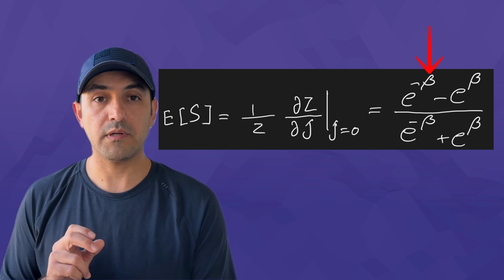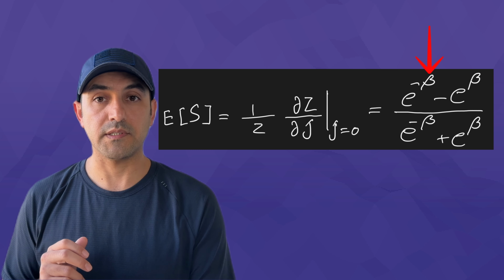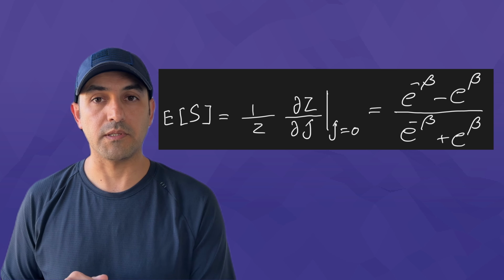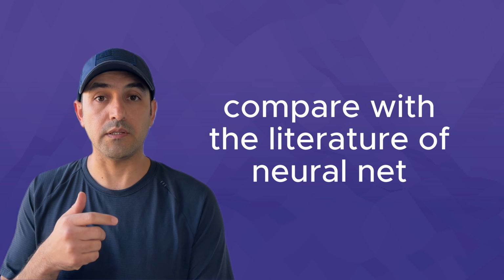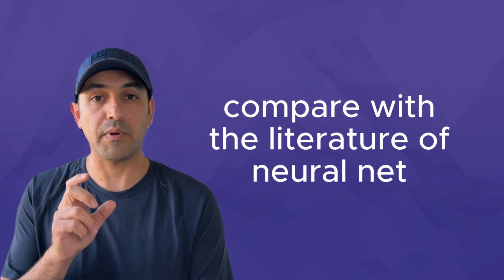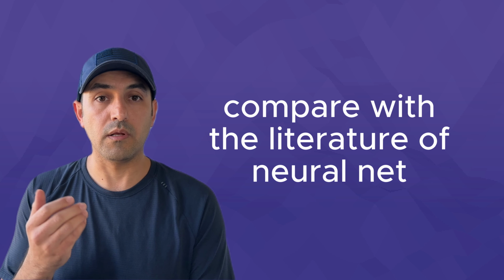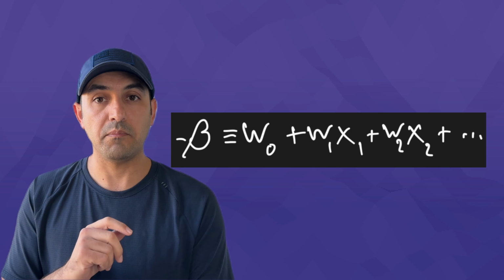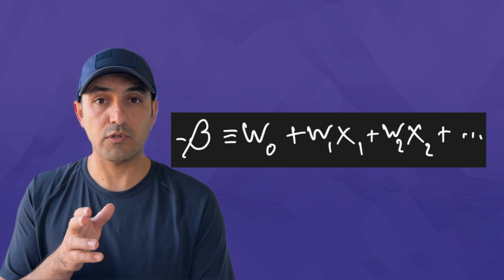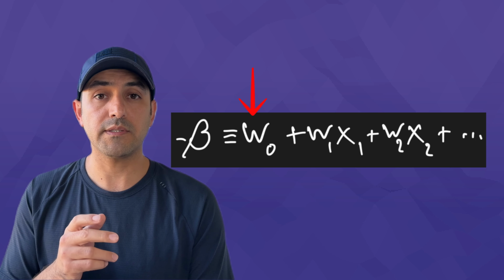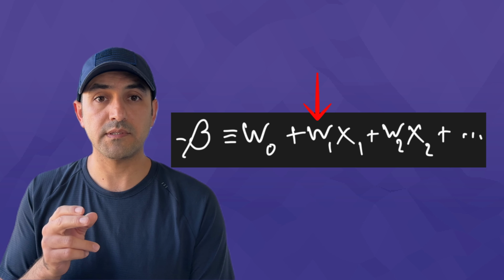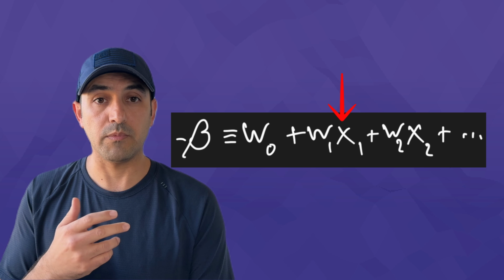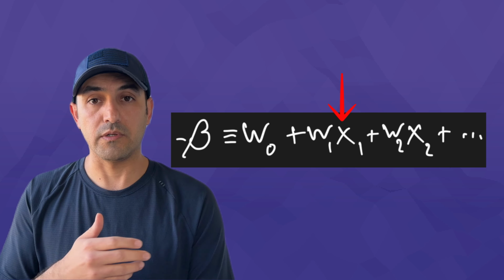There is just one parameter that I intentionally haven't discussed: how to fix the beta in the probability function. Remember that we want our tanh to be the activation function that people are already using in deep neural networks. So I just need to compare my equation with the practical activation function. That comparison sets the beta to be the following sum. From the literature on deep neural networks, I know that W0 is the bias and the rest of the values are the weights, and X variables are the inputs from the neurons in the first layer or the previous layer.